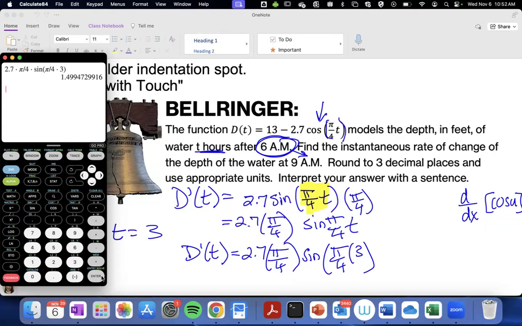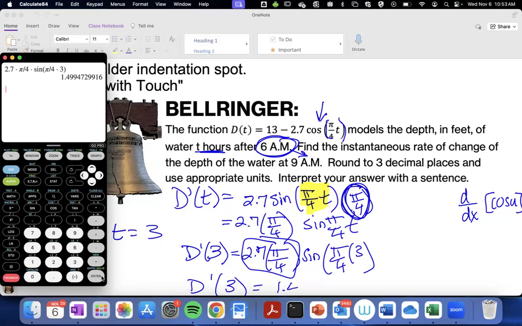What? You can't see anything? Uh-oh. Do you need to move up? So D prime of 3. Oh, sorry, I should have. What are we confused? What part are we confused on? The 2.7 times pi over 4. Why is that? There's no t there. It's just multiplying 2.7 times pi over 4. Because I had that at the end here, and I just moved all my numbers together because pi over 4 is just a number. It's a decimal. Okay. So I get